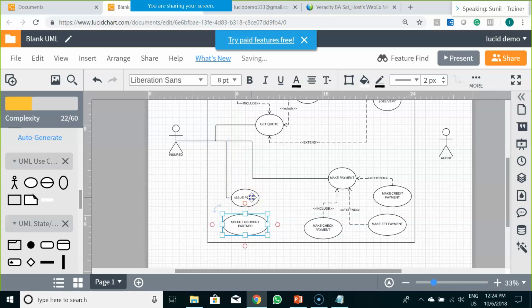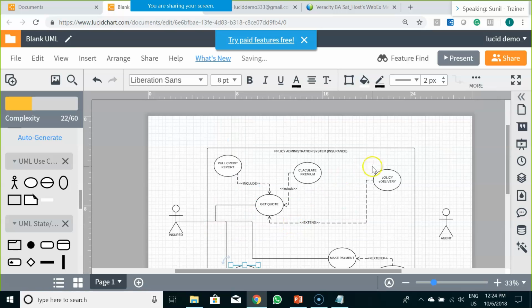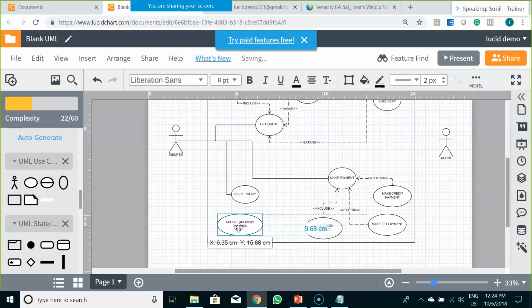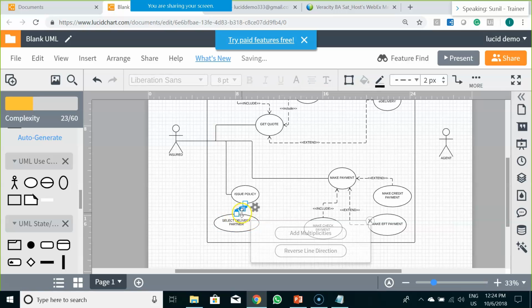So when you are issuing a particular policy, if it's an e-delivery policy, it would get issued instantly. If it is not an e-delivery policy, it's a physical delivery, you have to select the delivery partner. Now this delivery partner would be having a relationship as include. It's always there.